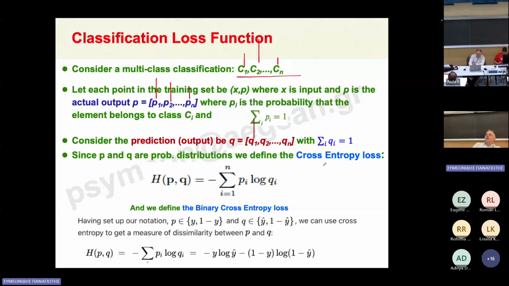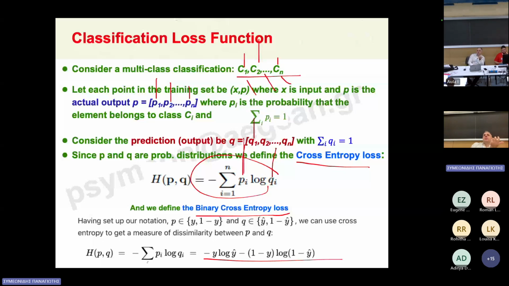And in this case, we use this cross entropy loss objective function in order to compute how far my predicted Q value is from the real P value. Okay, and we take the sum and we compute this quantity. Of course, if we have two classes and not many classes, like in our example, we can compute the binary cross-entropy loss, which in the end results in this equation, which you should have seen in many papers,